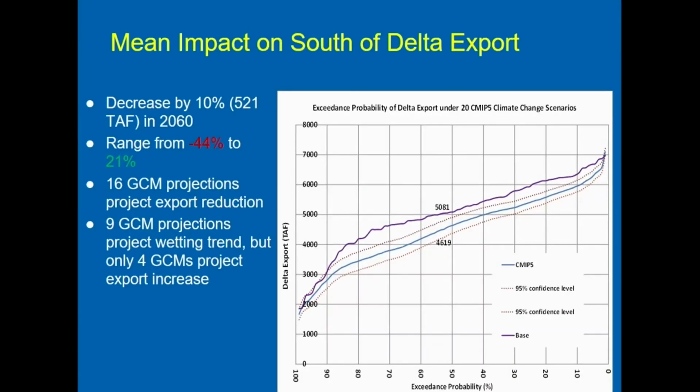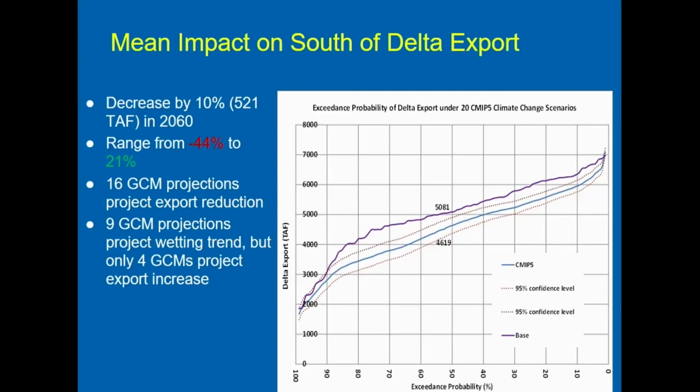And next, this is the result. After we perturbed the remaining flow, perturbed the evapotranspiration rate, and then the demand, we put this input data into the CSM3 model and ran the CSM model for each climate model projection. So then we got this result. Basically, the purple line is the base, and the blue line is the climate model projection in the middle of the century. You can see the overall is decreased for all of the range of data input.